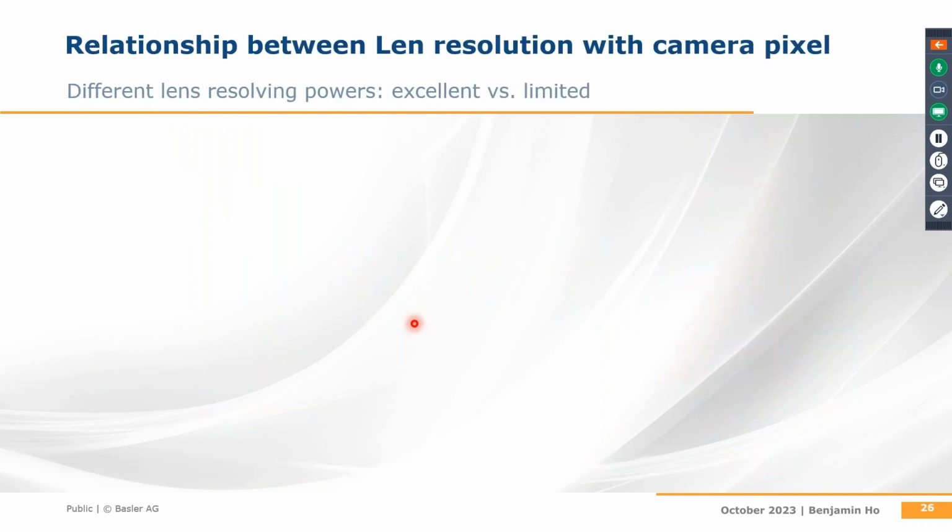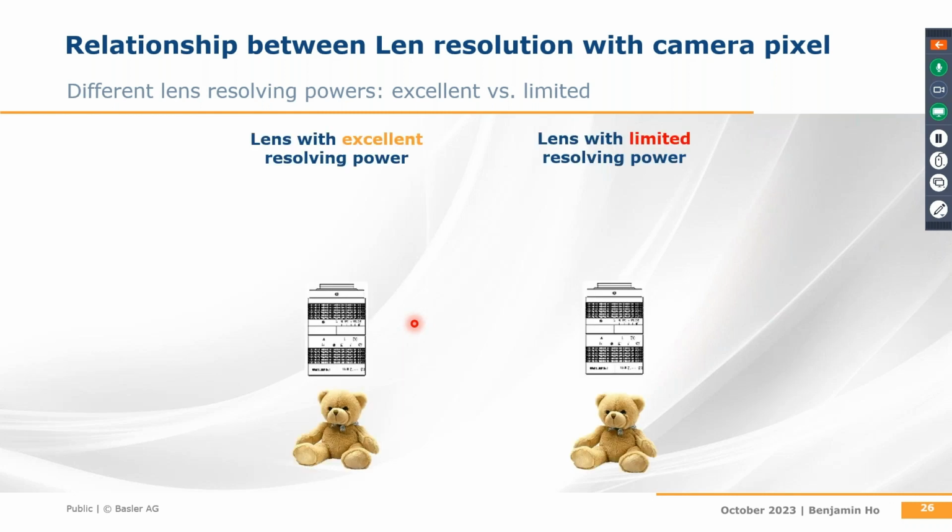This example shows you the relationship between lens resolution and camera pixel. Is the lens with the high resolution always superior to the lens with lower resolution when compared? You might find this illustration helpful for clearer understanding. When the camera's sensor has only 18 pixels, you can see the image is blurred even with a high resolving power